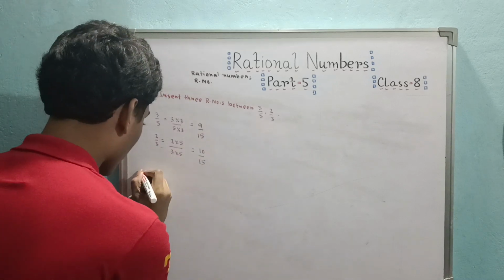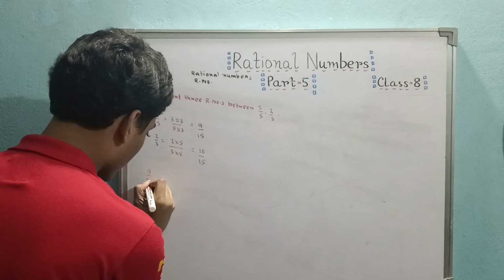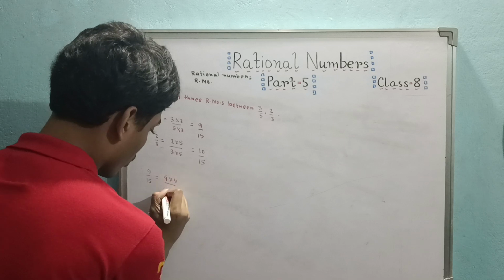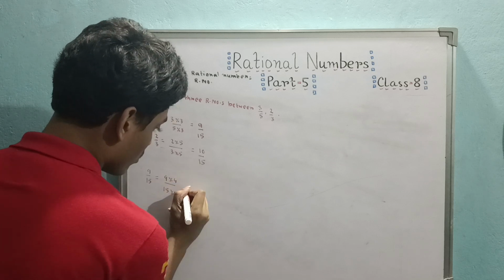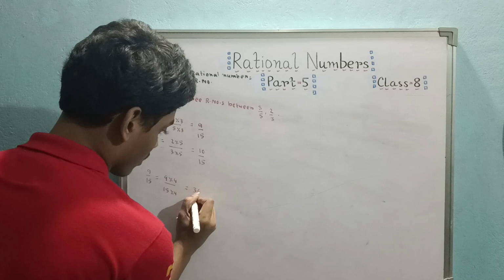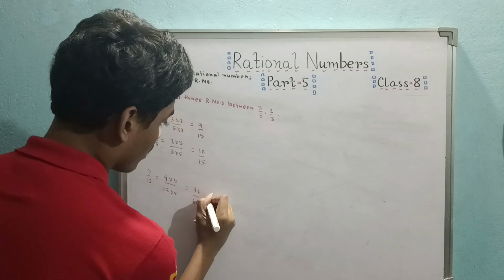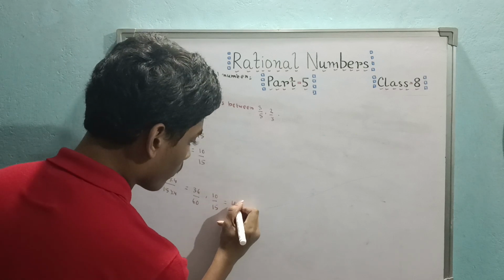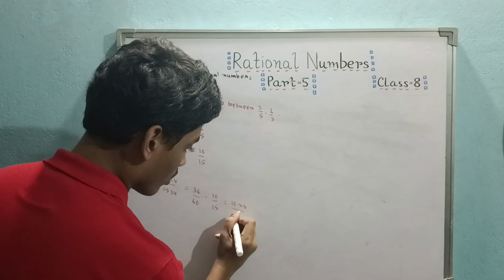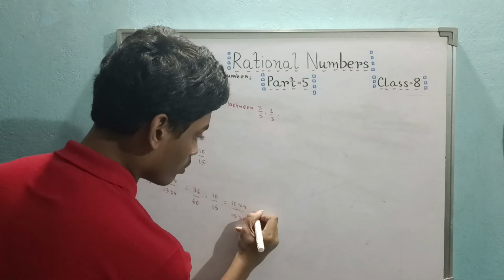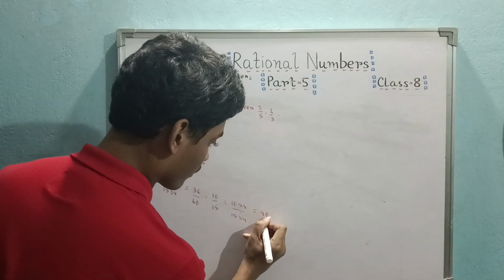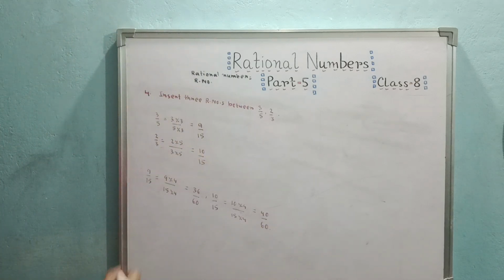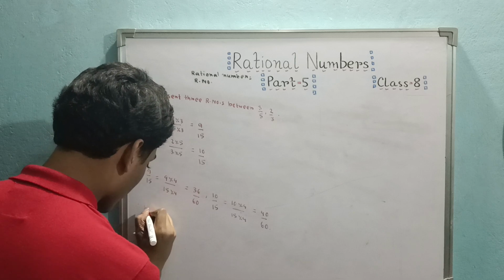So then, therefore, 9 by 15 equal to 9 into 4 by 15 into 4 equal to 36 by 60, and 10 by 15 equal to 10 into 4 by 15 into 4 equal to 40 by 60. Now see, therefore, between,